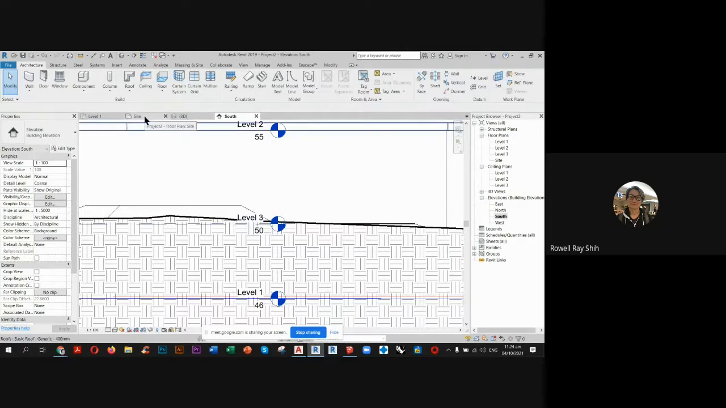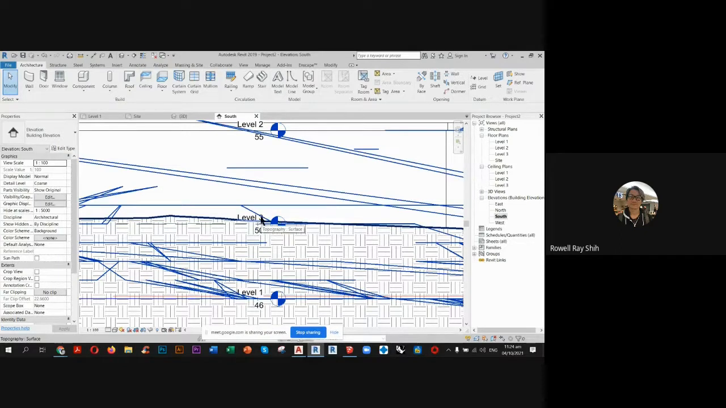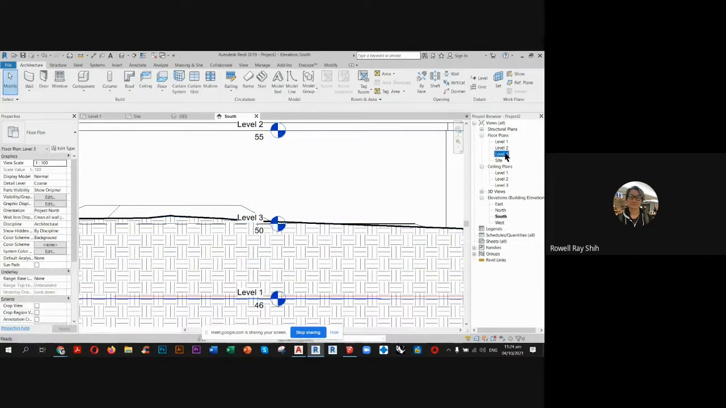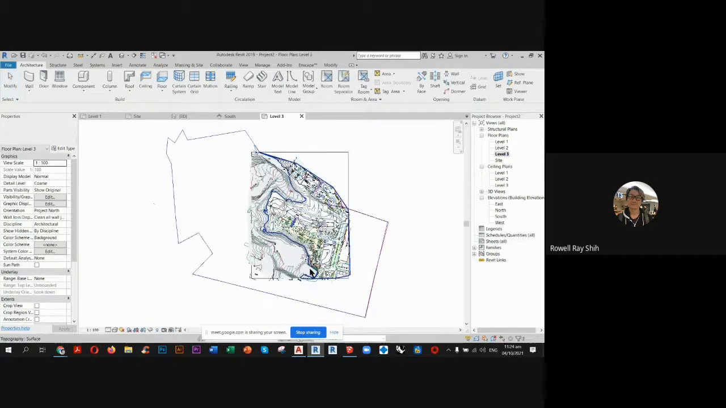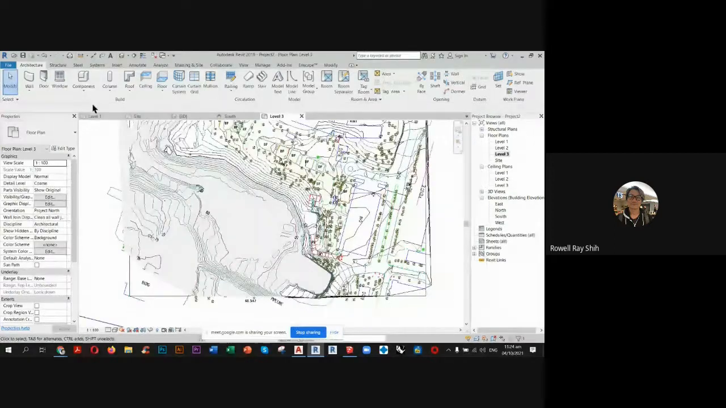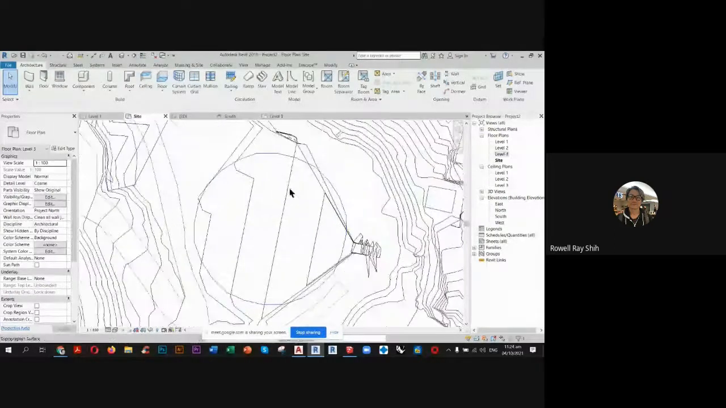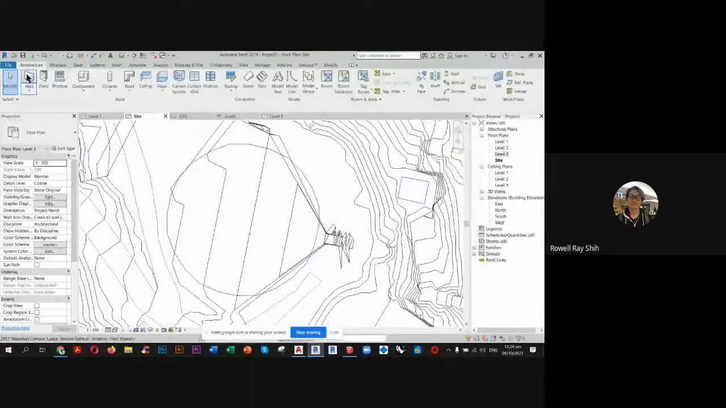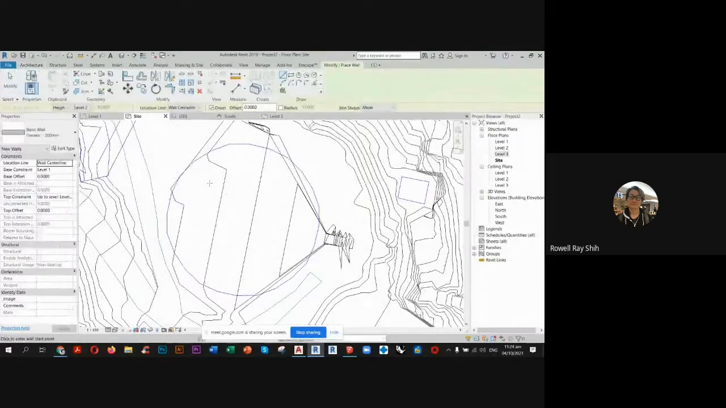So let's go back. This is level 3. Actually it's already level 3, but of course you can rename that. Okay, let's go to level 3 and where's the chapel? Okay, let's go to the site so we can see. Okay, it's right here. So for the wall, we'll start at